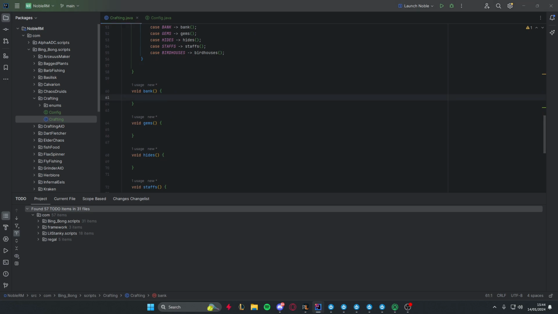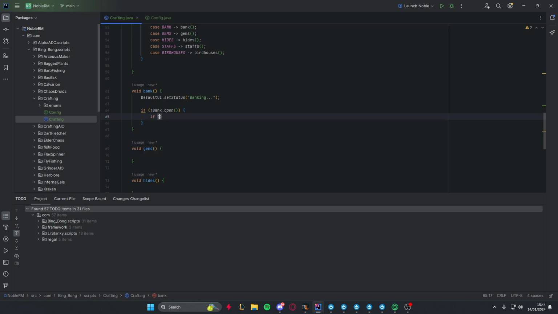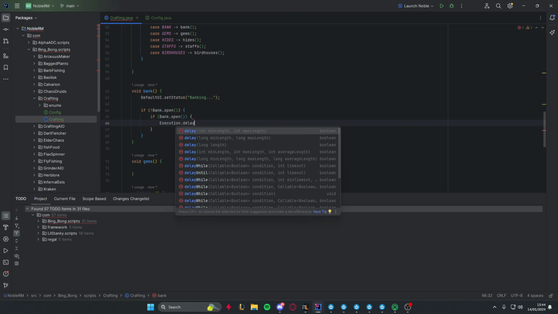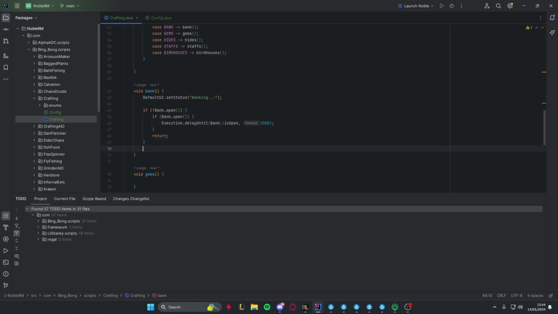So we'll move on to the bank. In the bank, let's just create something a little fancy, so we can tell the user on the Runemate UI the status of where the bot is. Obviously we're in the bank state, so let's just put we're in banking. If the bank isn't open, then we obviously want to open the bank, execution dot delay until bank is open. Let's put a 2-second delay on that. We want to return. If not, now if the bank is open,